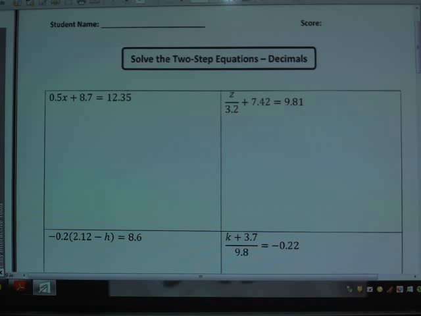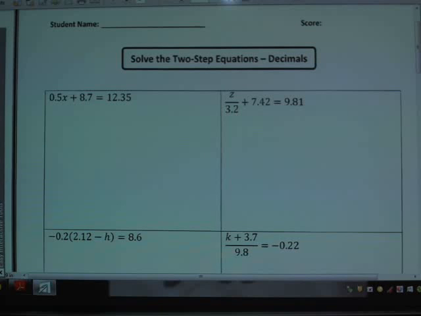Okay, so what we're doing in this section is the exact same principles, concepts, or rules behind solving equations that we've used in the past, except now we're going to apply them to decimals. Now there are some things that we can do in our lives to make these decimal questions a little bit easier, and we'll apply those concepts here. But for the first problem, I want to just work the problem as is before I show you how to make the problems a little bit easier, because you can always work all of these problems exactly as they appear